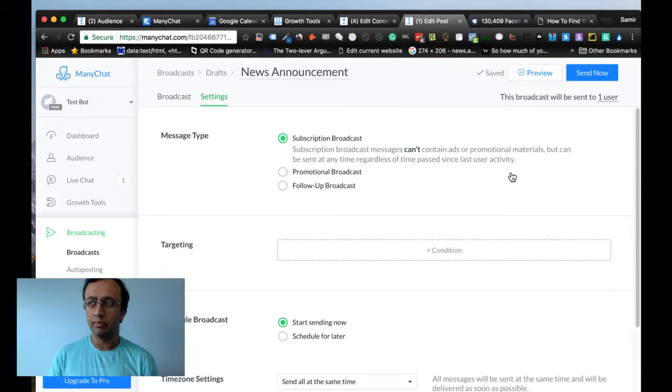That includes promoting your live event. You cannot promote your event here. There has been some confusion. Some people think that if you have a free live event, then you can invite people or promote that, right? When you invite people, saying hey, join my free live event, you're promoting your free live event. And I have seen that some people got warning messages, or some people were banned because of that. So you don't want to do that.